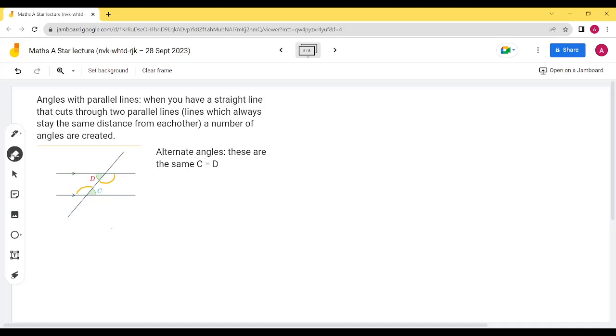I don't love the name Z angle, but they're called alternate angles, and they are always going to be the same. And you've got another rule, and you're going to find a lot of rules here where things are the same. So this next shape we've got here,